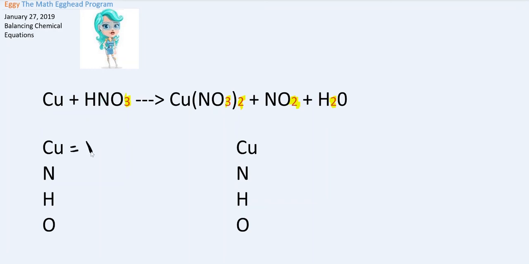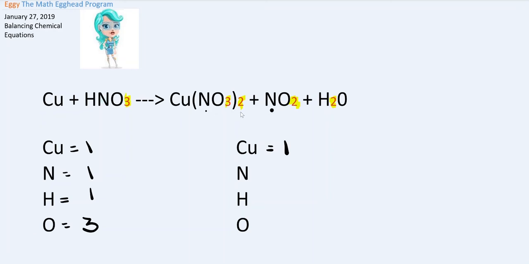Let's start listing all of our atoms here. So we know that on our reactant side, we have 1 copper, 1 nitrogen, 1 hydrogen, and 3 oxygens. Remember, that subscript 3 only belongs to oxygen. Now, on the right side, our product,